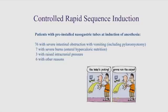And these are just 76 out of the 1,000 who had an intestinal obstruction, and they were actually actively vomiting before they came in the OR. And in this group are also the pyloromyotomy kids that are generally at high risk for nausea and vomiting. So,